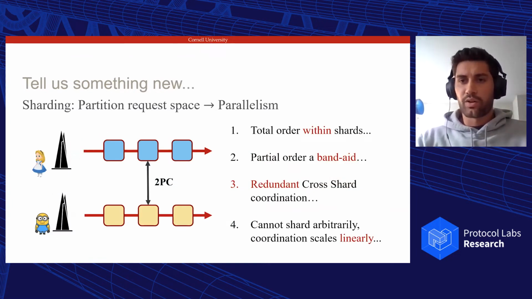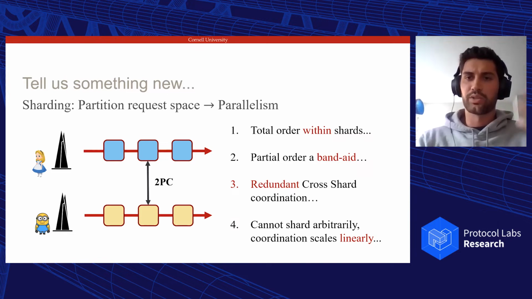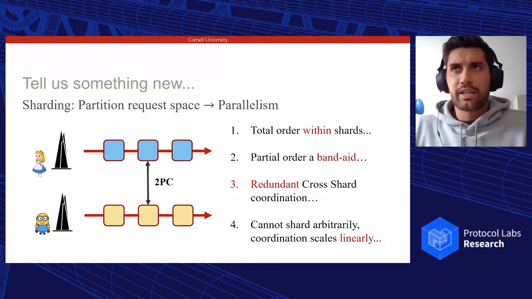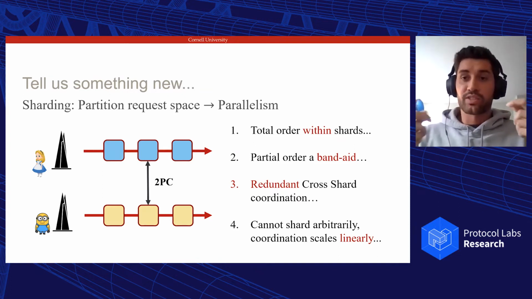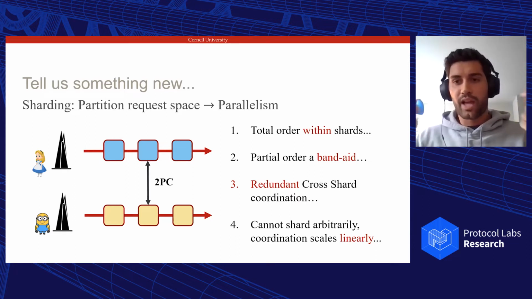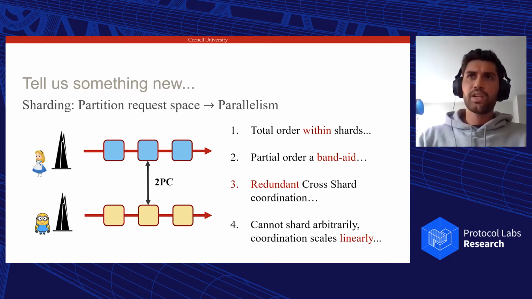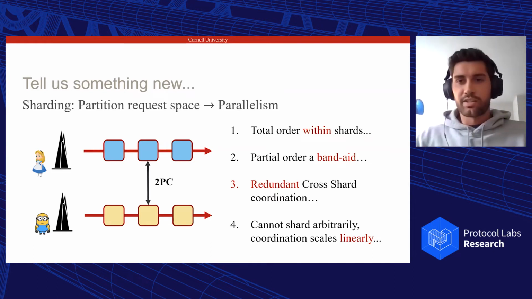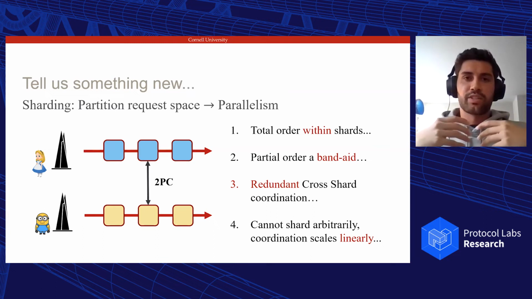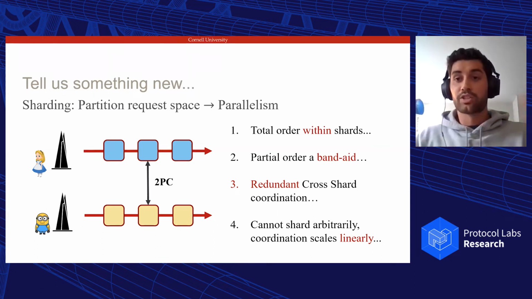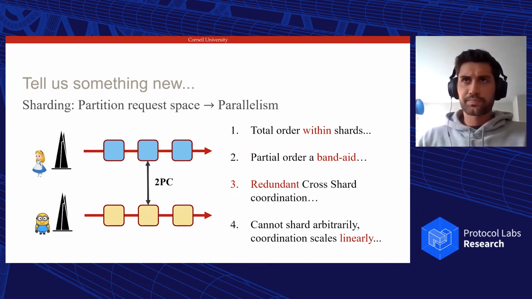We were hearing several talks earlier about how to use sharding and how we can use that to leverage increased parallelism in our systems. But what I want to highlight is that while we definitely agree that sharding is necessary to scale our resources horizontally, using it to achieve parallelism is more of a side effect that's dependent on our workload and the quality of our partitioning. So really, within each shard, we still retain this total order. For the most part, sharding is a band-aid that allows us to recoup some of the parallelism that we've artificially removed by totally ordering.